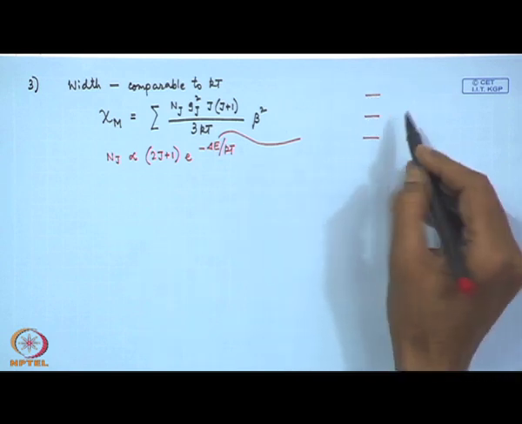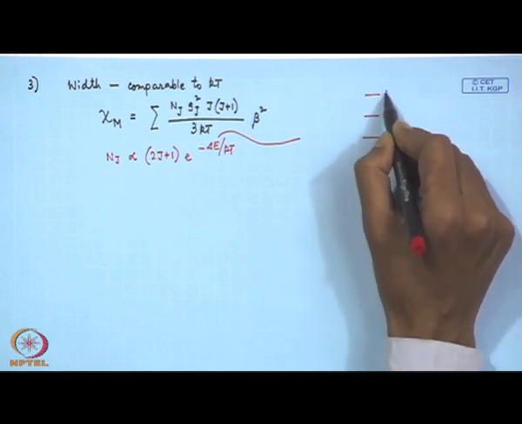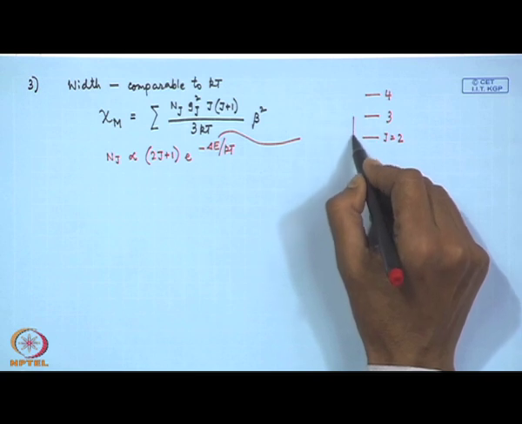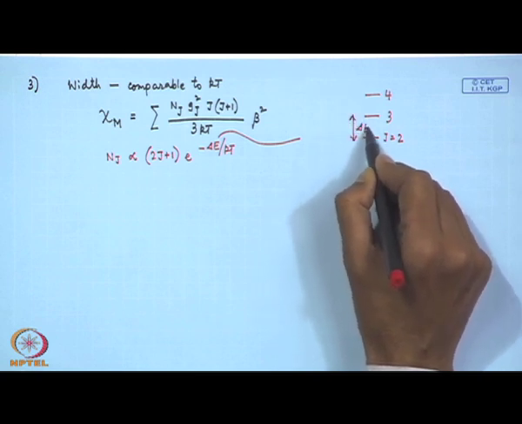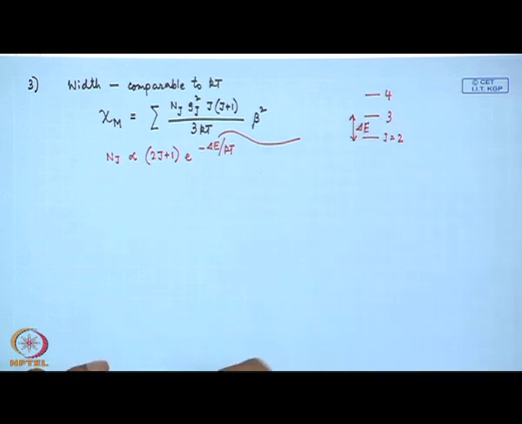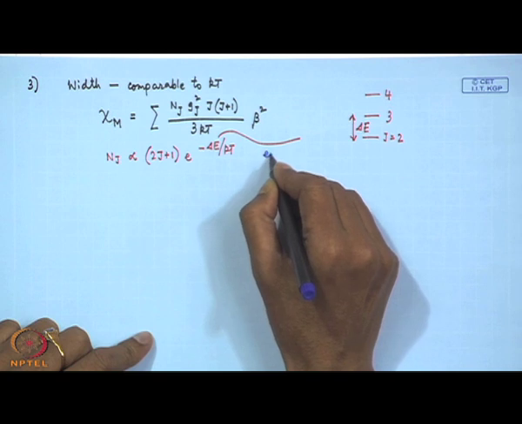So, if we have J is equal to 2, J is equal to 3 and J is equal to 4 values, and the energy gap between these two levels, if these are delta E, then this delta E term can come over here, which is nothing but the energy difference